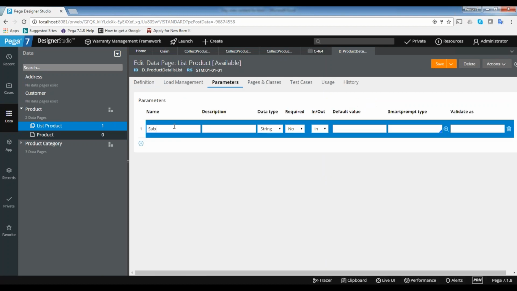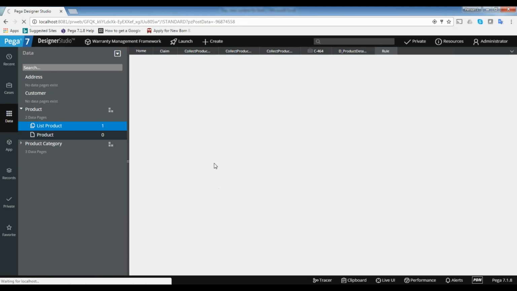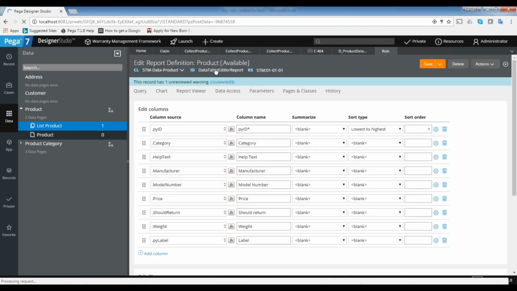You need to pass the subcategory, just category name. Category string. Same thing I need to do here because that is the actual source.